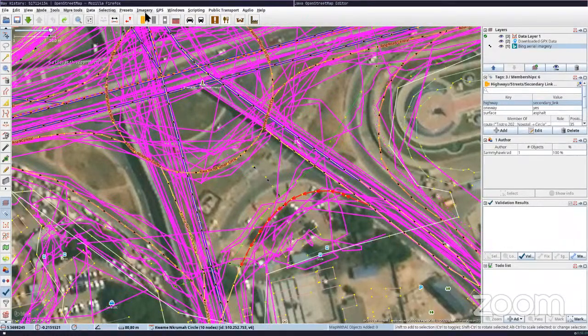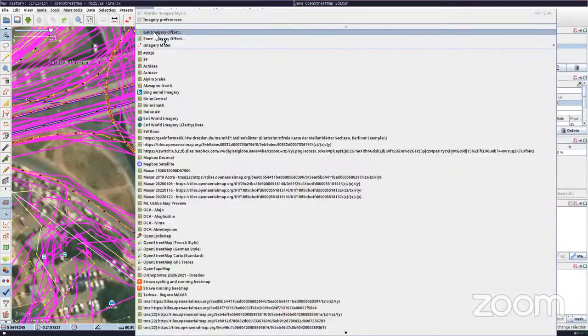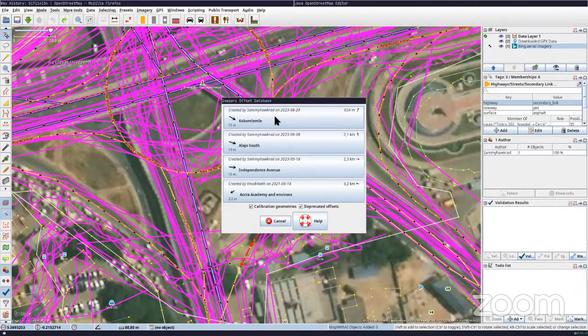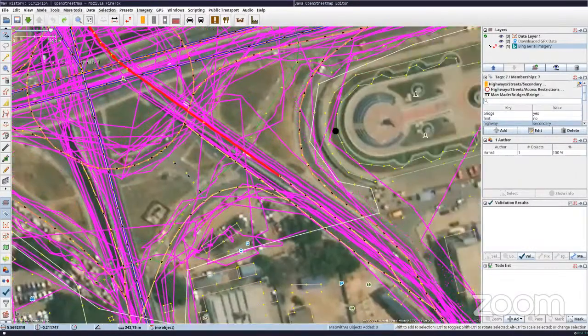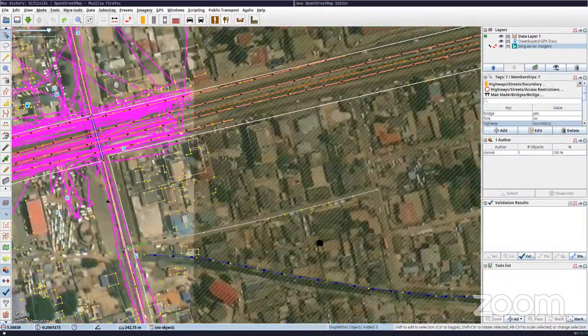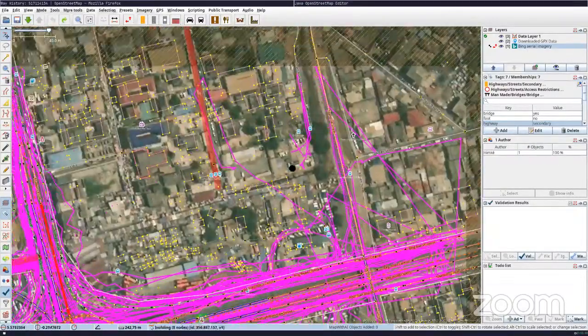So I go back to imagery offset, and then I go to get imagery offset, and then I choose the first one here. And this is much more appealing, or much more helpful. And with the GPS traces, I believe,